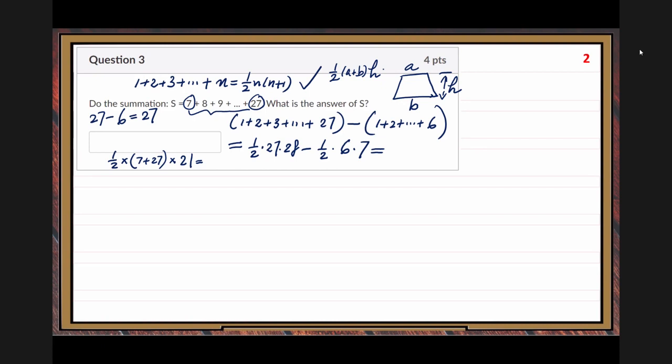After you pay attention to details, a few places, then you get the correct answer. So you see, with this simple example, your knowledge background is important. You need to have some knowledge background. Okay? All right. So that's this question.